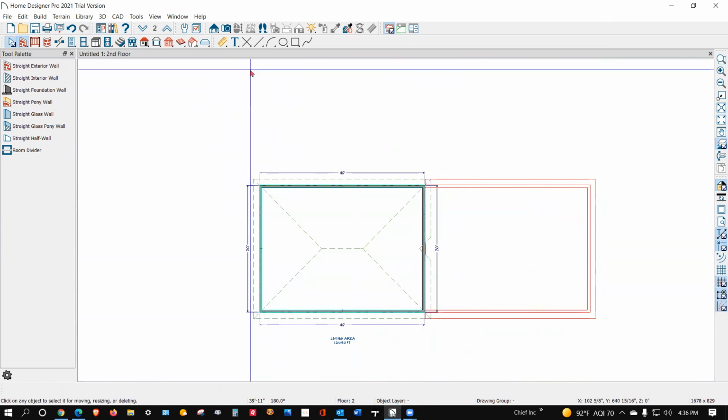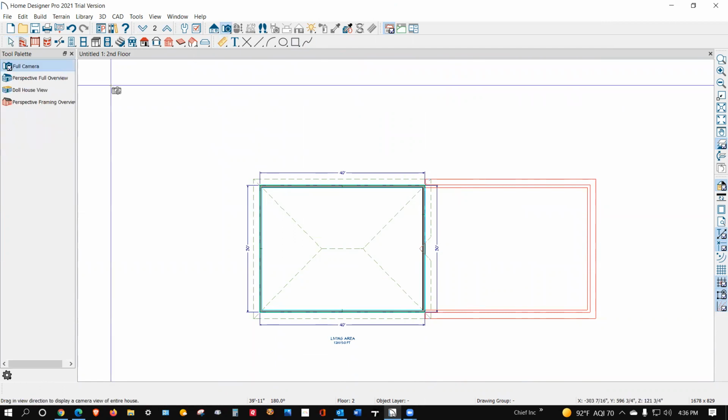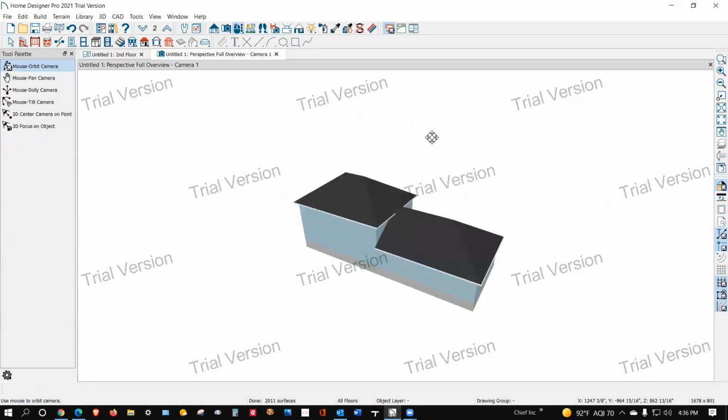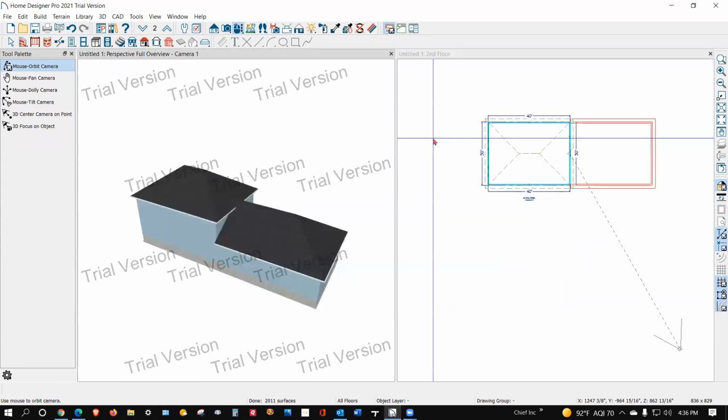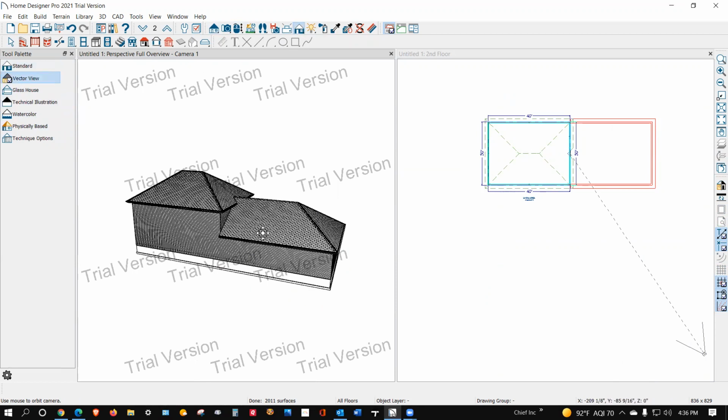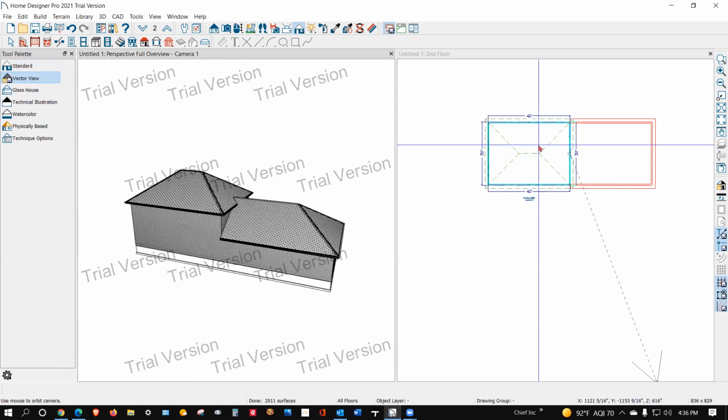Okay, now over here, I'll show you what we've got so far. You go Shift F6. Okay, you can see it is clear with the color off, and we'll switch to vector view. There we go. Now, this, of course, is a